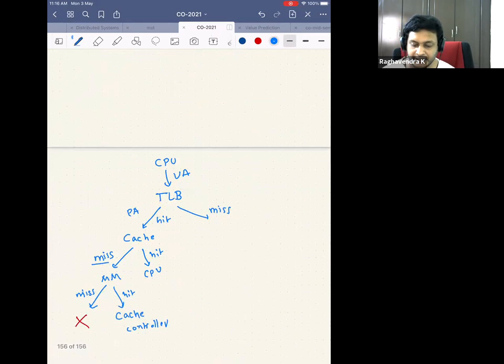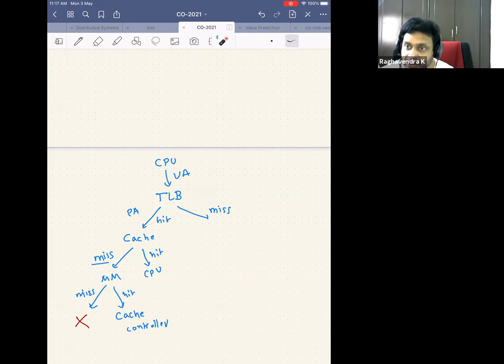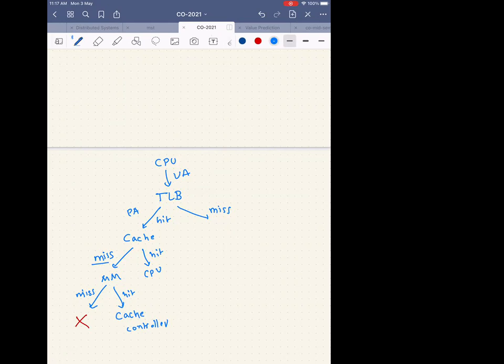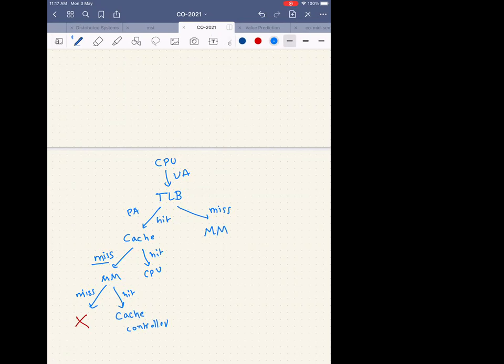So there are two different things. There's a miss in the TLB. It doesn't mean that I should go and search in the cache, because I don't have the physical address. So even though there's a chance that it might be in the cache, I can't go and search in the cache. So if there's a miss, where do I go next? You have to go to that reserved space in the memory. Yes, I go to the main memory. There is no way around it.